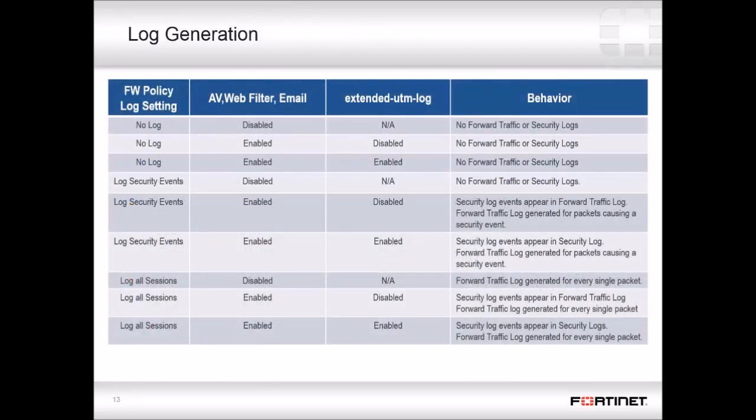This is just a chart to show what the expected behavior will be when you enable different logging options. This first column is for the log setting of the firewall policy. This second column is if an antivirus, web filter, or email security profile is enabled. As the previous slide showed, DLP and IPS profiles always generate logs in the security logs section. The third column is for that CLI option discussed on the previous page,